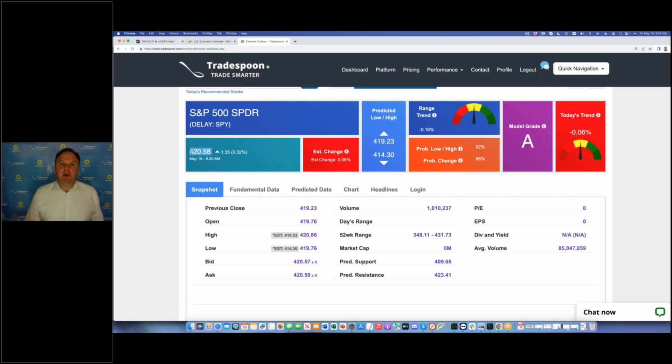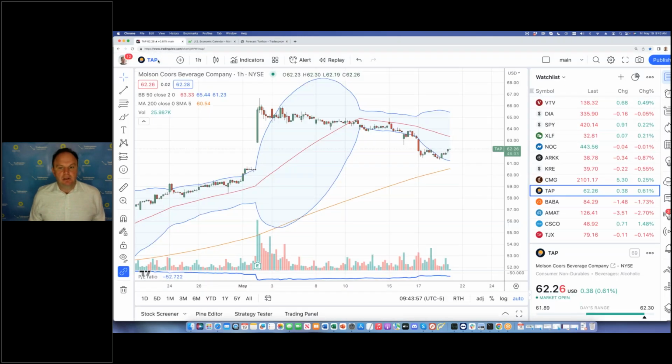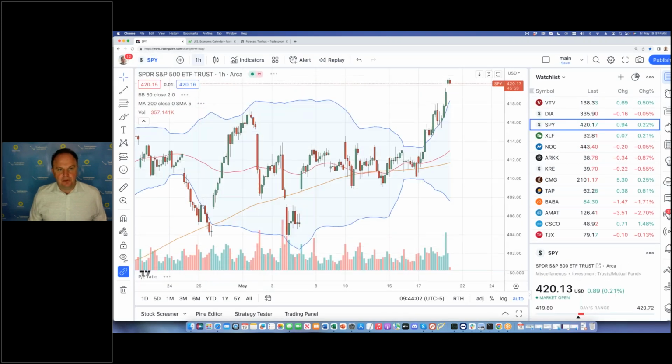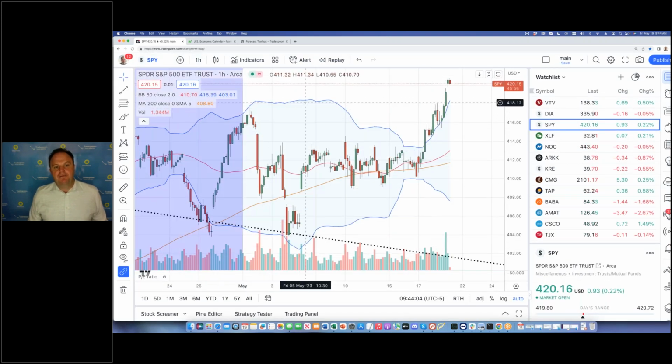We are posting marginal highs. The question is, is it a sustainable breakout? Usually you do want to have at least 2 to 3 candlesticks, right? So we tested it yesterday. We briefly broke through the overhead resistance today, right? Let's look at the spiders. Right, we do have a breakout above 418, right? That's the year-to-date high. So you want at least 2 to 3 days to confirm the breakout, right?